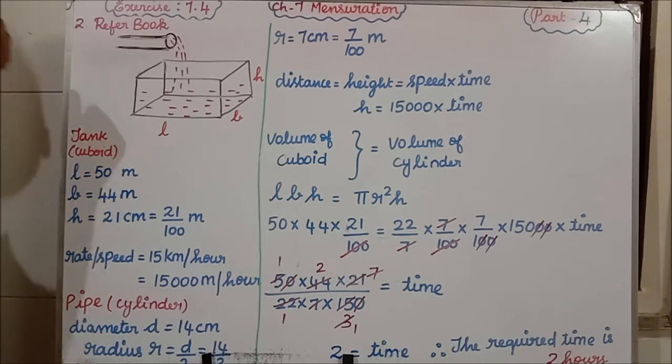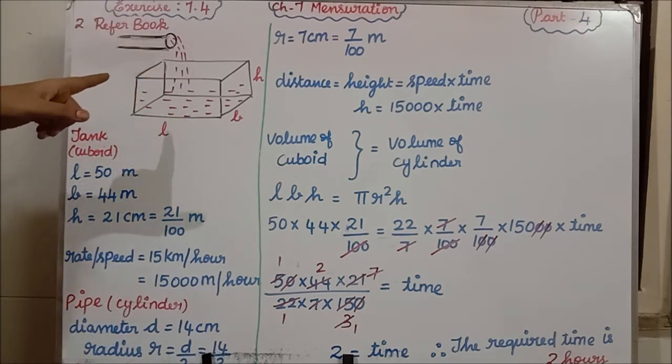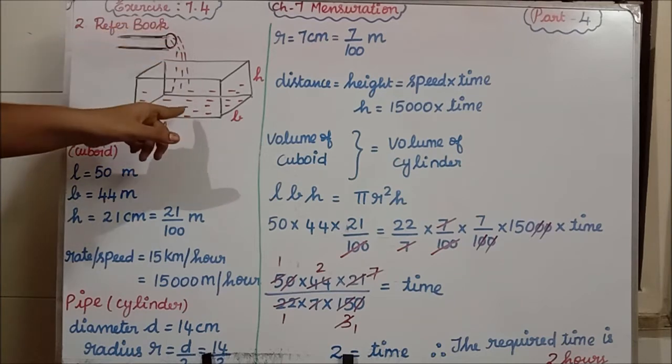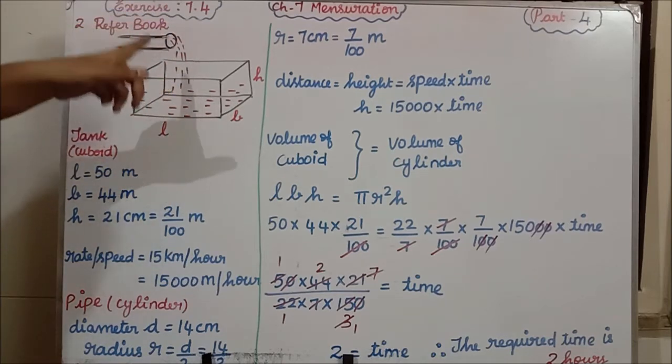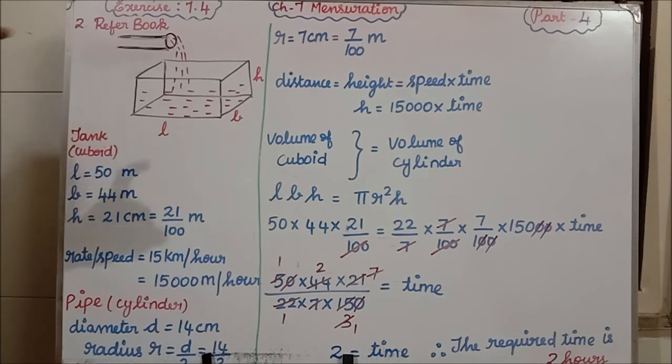Okay, where the water is flowing means, now we will see again the question, a rectangular tank. The water is flowing where? Rectangular tank, which is 50 meter long. They are saying rectangular tank only. But why have I drawn a cuboid here? The tank will not be in a rectangle, it will be in a cuboid shape only, isn't it? The 3D shape of a rectangle is what? In lower class you have learned, no? The 3D shape of a rectangle is cuboid. The 3D shape of a square is what? Cube. We have learned in lower class, no?